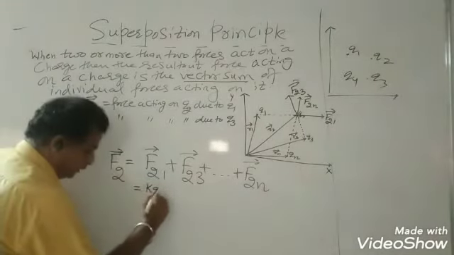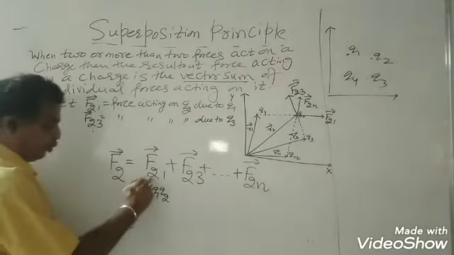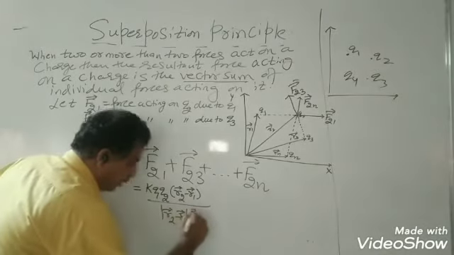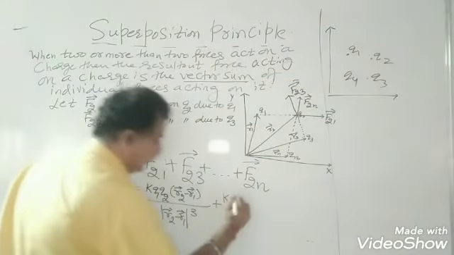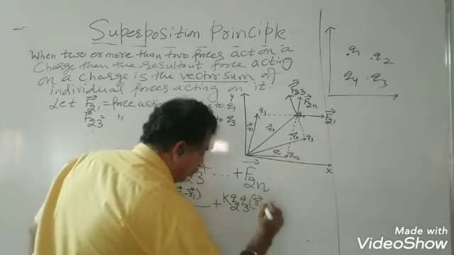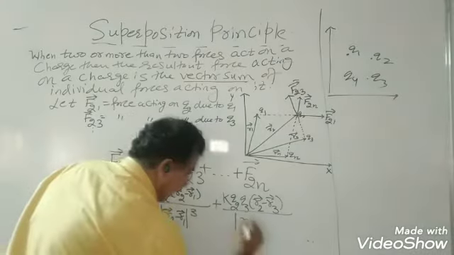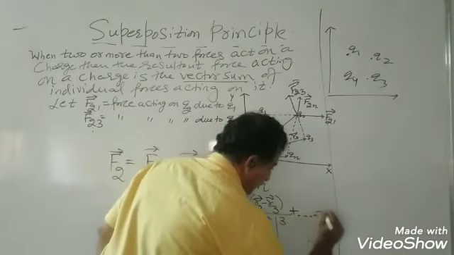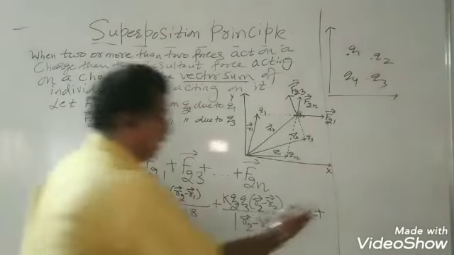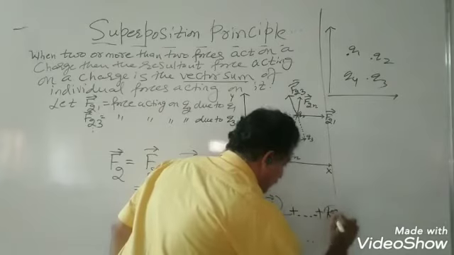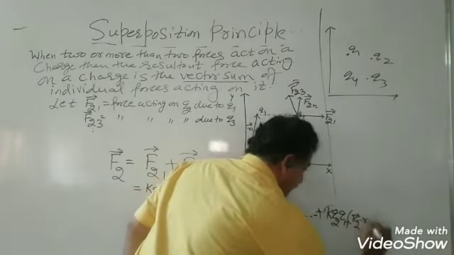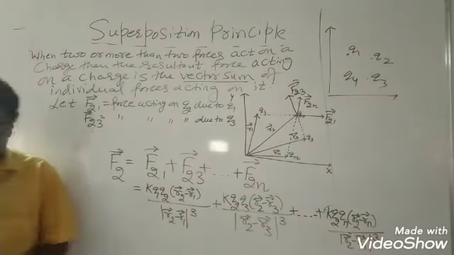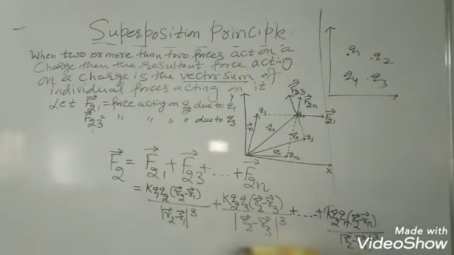So F21 is K Q1 Q2 over |R2 minus R1| cubed, plus K Q2 Q3 over |R2 minus R3| cubed, and similarly dash dash dash, plus, for the force on 2 from n, K Q2 Qn over |R2 minus Rn| cubed. So what you are doing, you are simply applying the Coulomb's law for all the individual